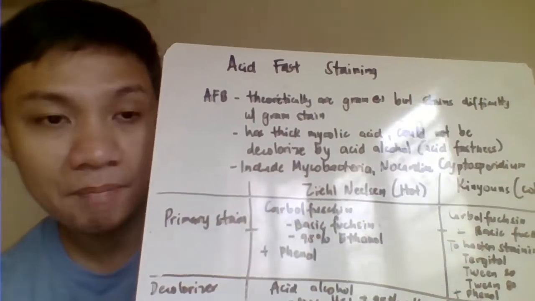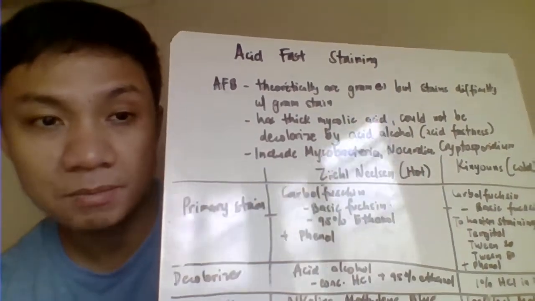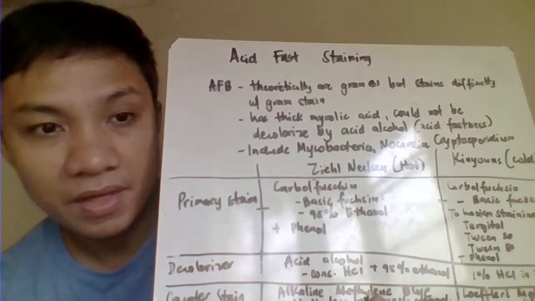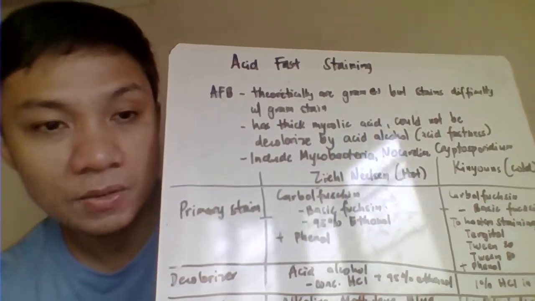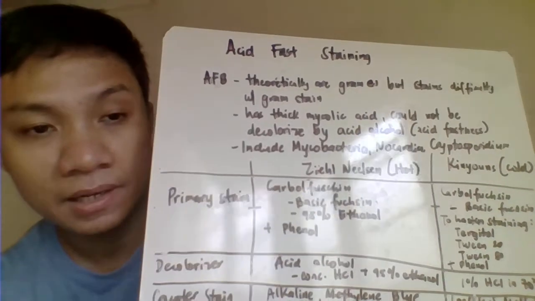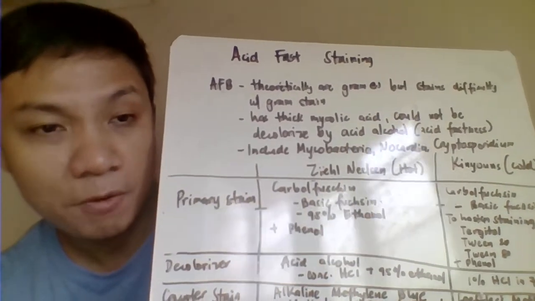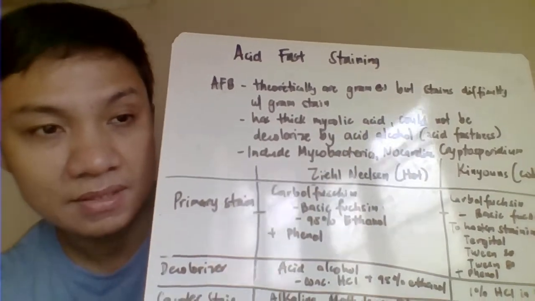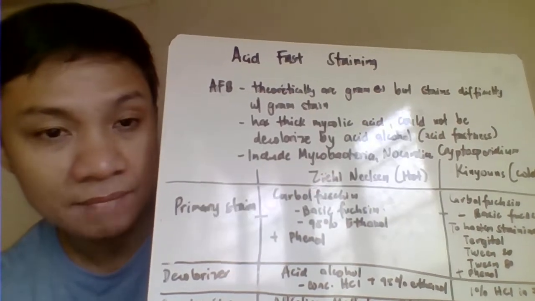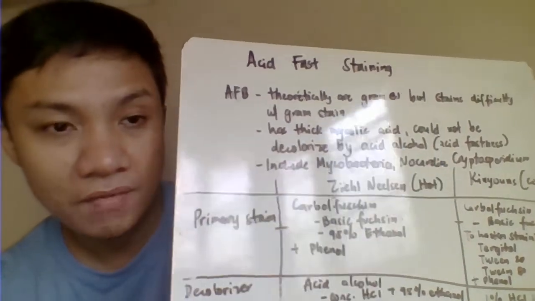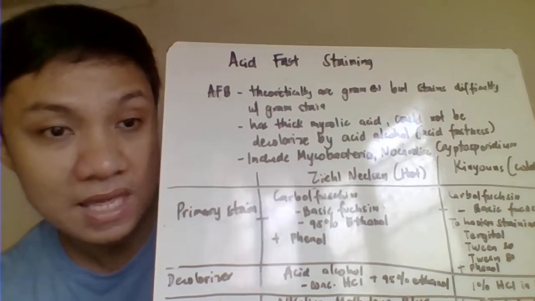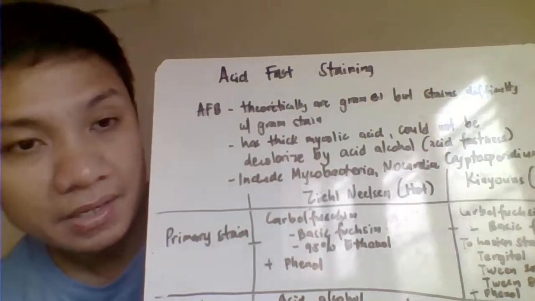Theoretically, they are gram-positive when we perform gram staining. Because of their thick mycolic acid, they also try to resist decolorization when we add pure acetone, if you perform your acid-fast or your gram staining. But the best way to identify them is through your acid-fast staining, not your gram staining. Okay, so